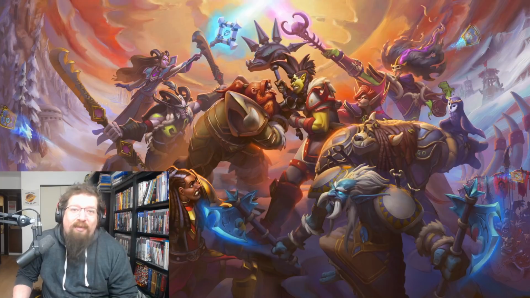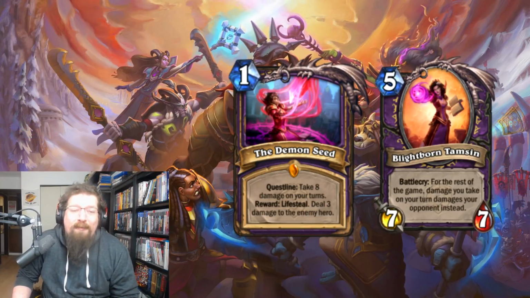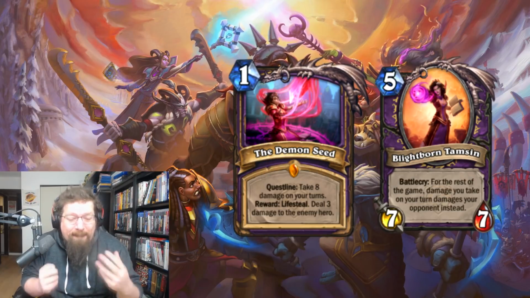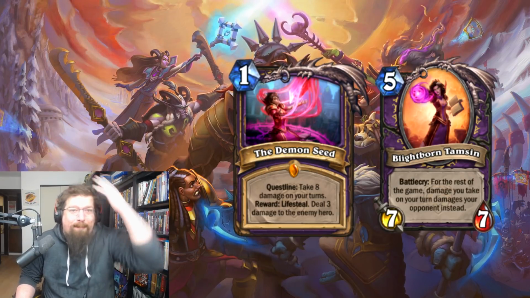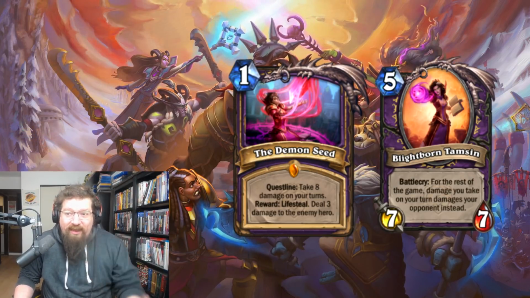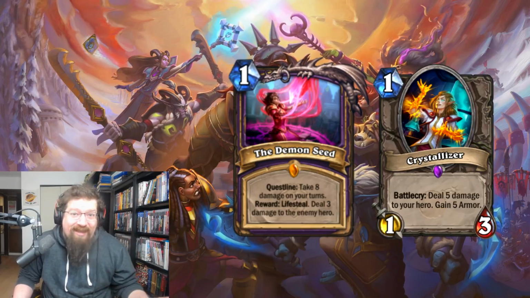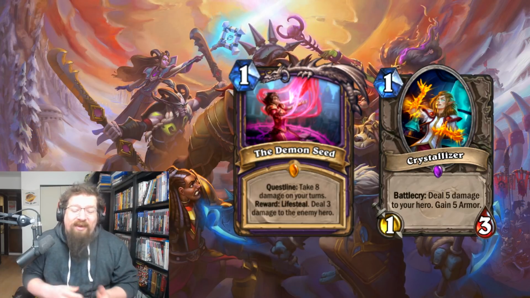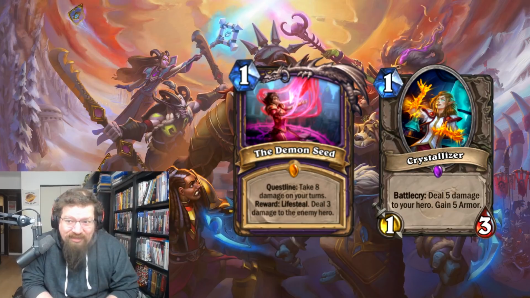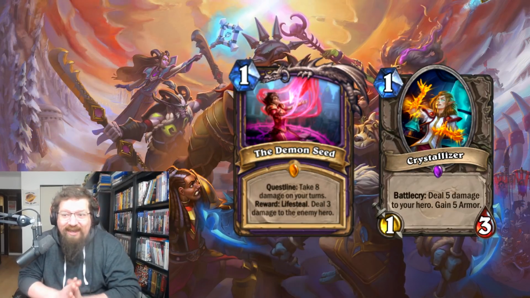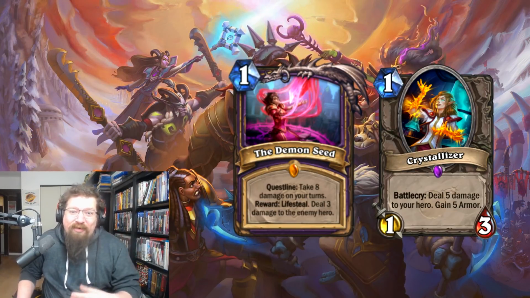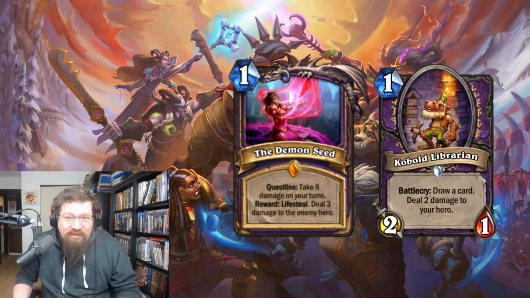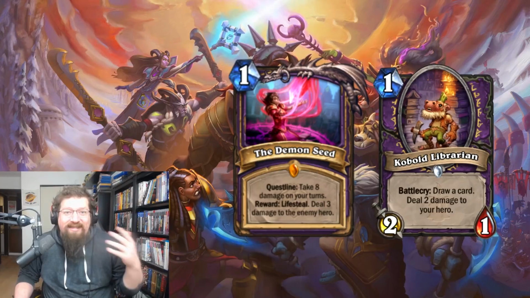Most recently, we saw the Warlock quest, the Demon Seed, be banned from the format because there were cards in Wild that just made the strategy much too good, much too quick, and way too effective. The big abusers, the big cards that were available in Wild that weren't available in Standard were Crystallizer, which activated effectively a single quest proc on this card where you have to self-damage. You would deal 5 damage to yourself and gain 5 armor, effectively net 0 effect, it doesn't matter. However, you would get your quest done incredibly quickly, as well as Cobalt Librarian, which would not only damage yourself but draw your deck